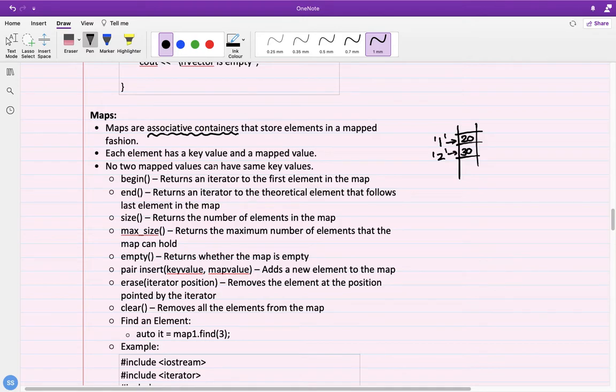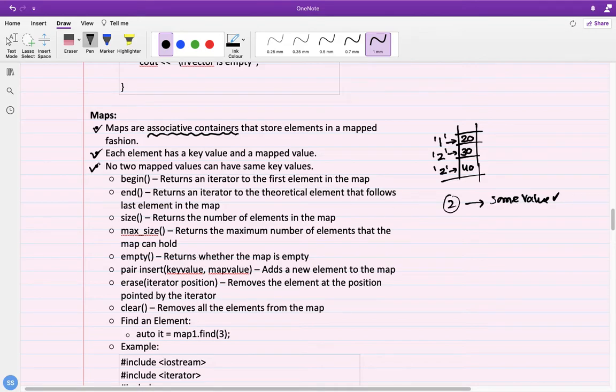Each element has a key value and a mapped value, which we have already discussed. There would not be any case where two key values would have different values. One key would always return the same value. These are the properties of a map.